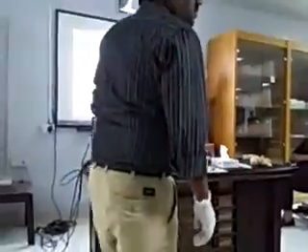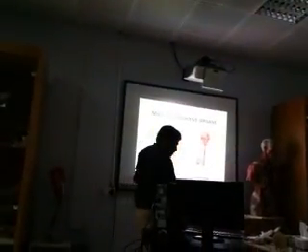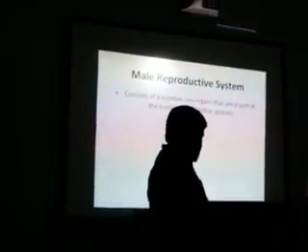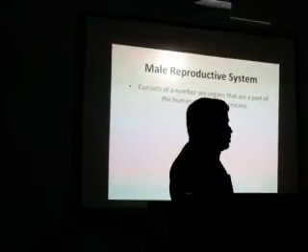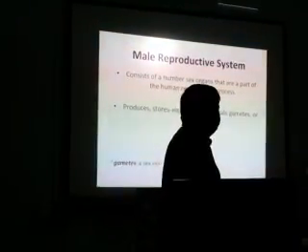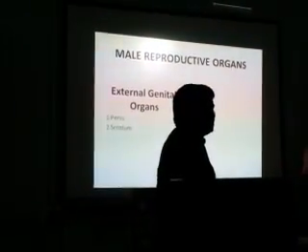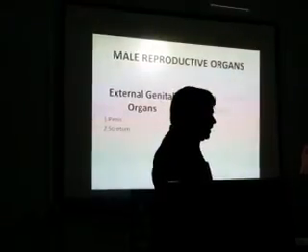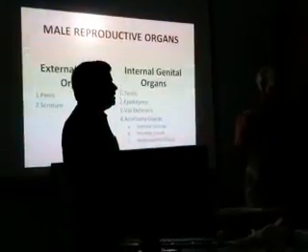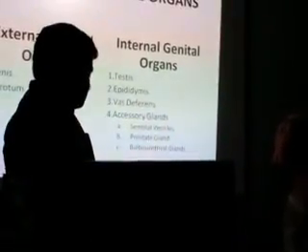The spermatic cord contains the vas deferens, and also the testicular artery, veins, and testicular nerves. These are the reproductive organs which produce, store, and release the male gametes into the female genital tract. External genitals are the penis and scrotum; internal are the testis, epididymis, vas deferens, and the accessory glands, which include the seminal vesicles, prostate gland, and the bulbourethral glands.